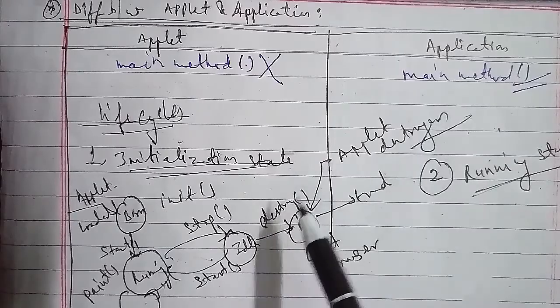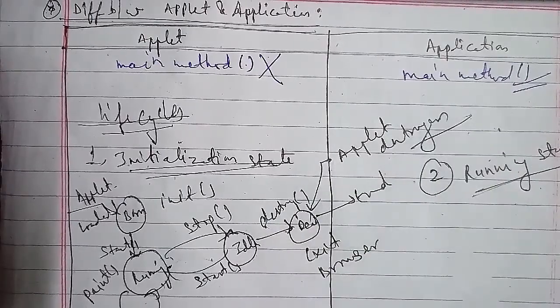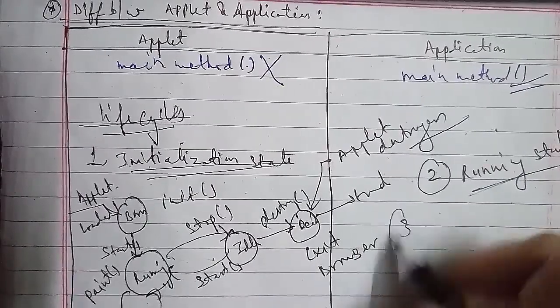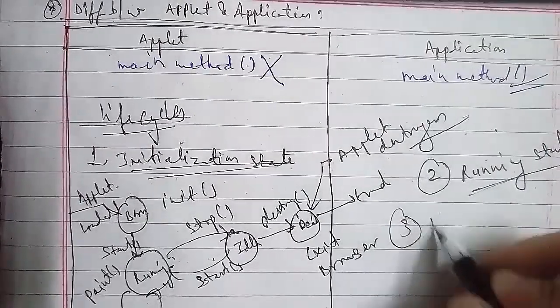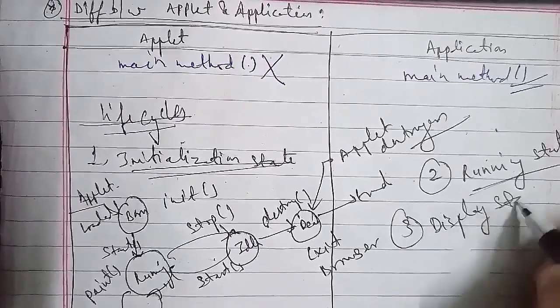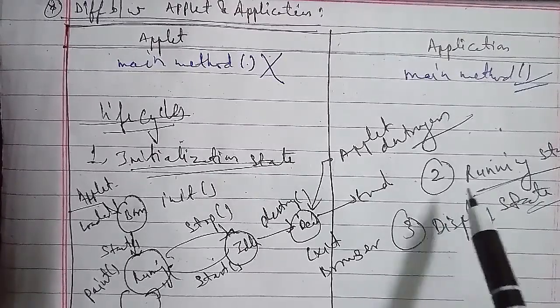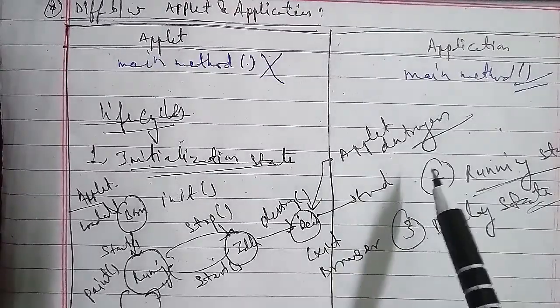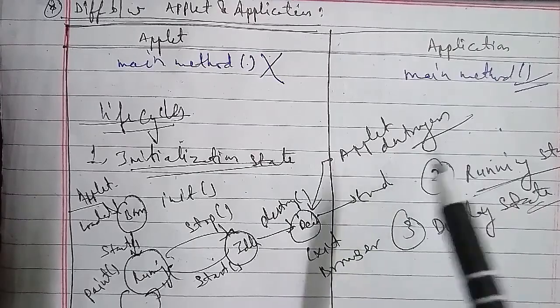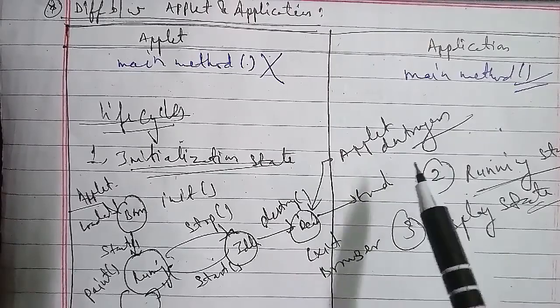In the display state, the applet enters the display state when it wants to display some output. This may happen when an applet enters the running state. The paint method is for displaying or drawing the contents on the screen. An instance of the Graphics class has to be passed to this method as an argument. In this method, various operations such as display of text, circles, and lines are invoked.